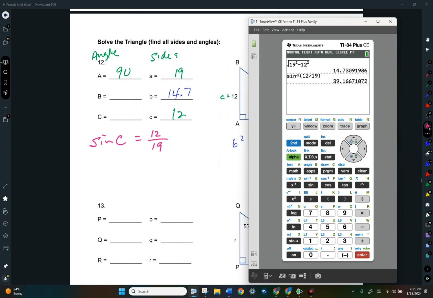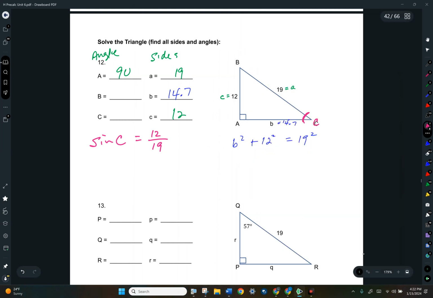And that angle is going to be 39.2 degrees. So angle C is 39.2 degrees. Now, if I want to find angle B, I could go in and do another trig function, but